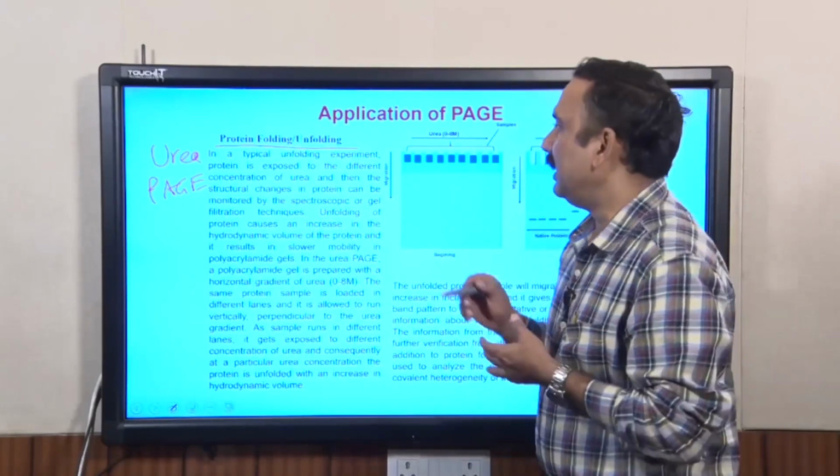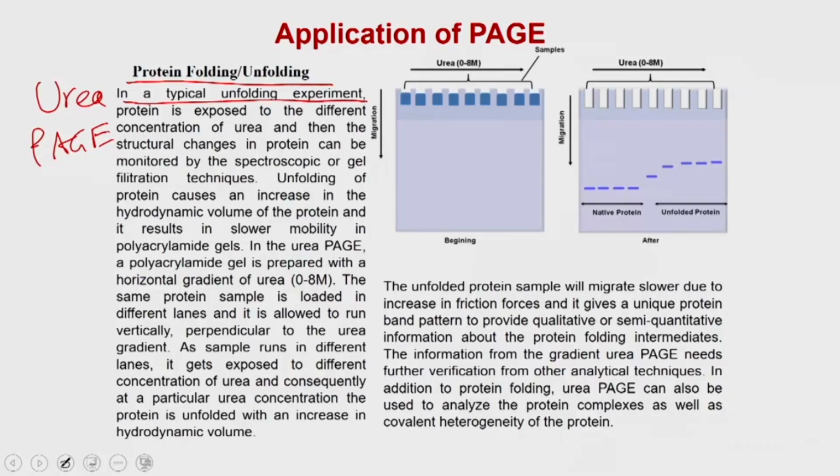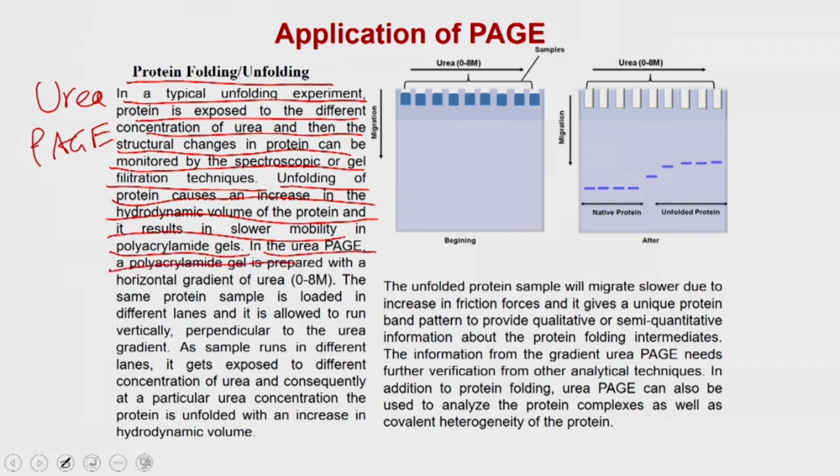In a typical urea gel experiment, the protein is exposed to different concentrations of urea, and the urea interacts with the amino acid residues, and that is how it denatures the protein. This can be monitored by spectroscopic or gel filtration techniques. Unfolding of a protein causes an increase in the hydrodynamic volume of the protein, and it results in slower mobility in polyacrylamide gels. In the urea PAGE, a polyacrylamide gel is prepared with a horizontal gradient of urea,